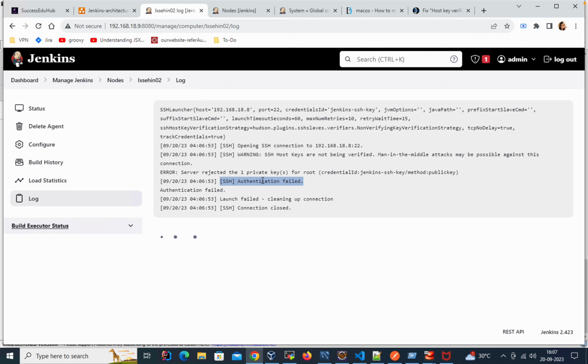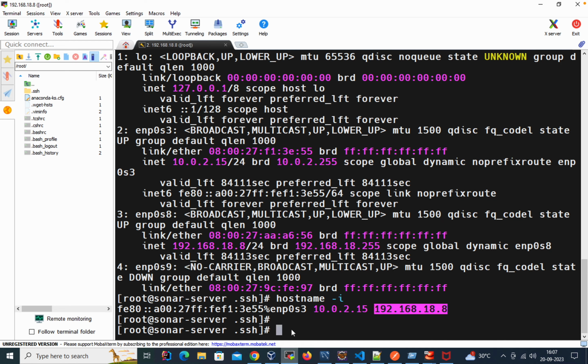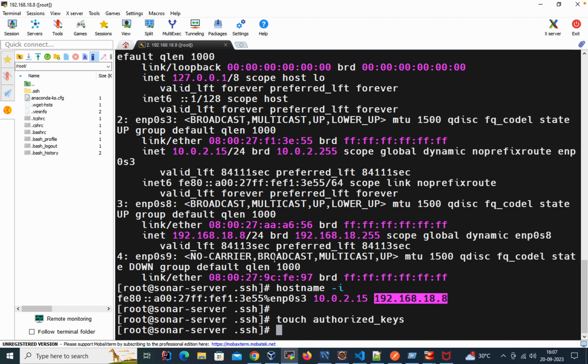So to resolve this error, go to your Jenkins agent, authorized underscore keys. Then copy the content of the public key, id rsa dot pub, into this authorized keys. Okay,